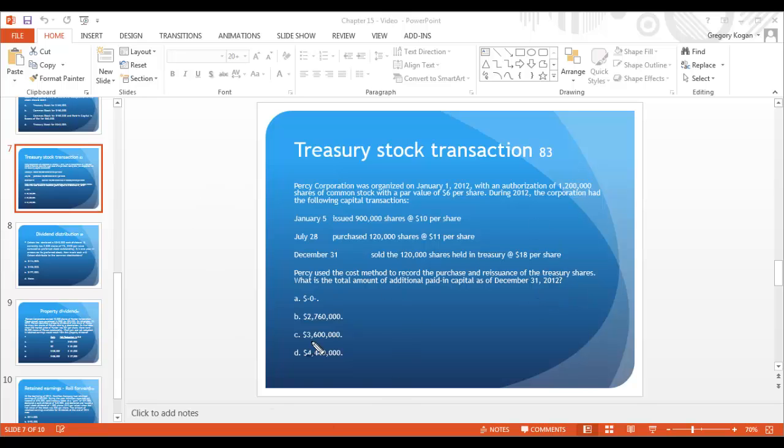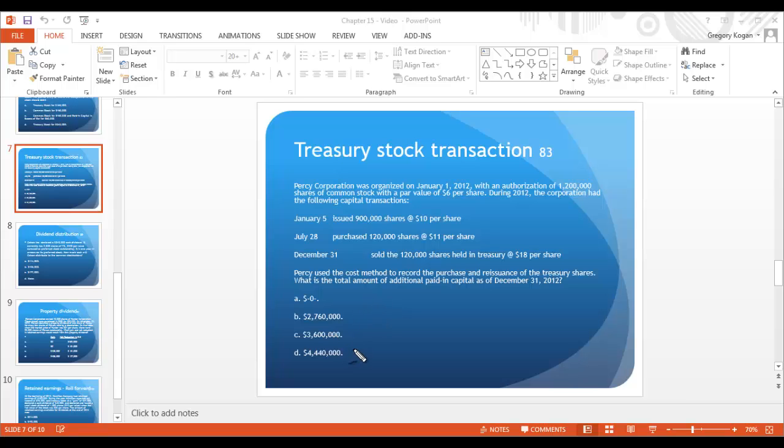So this is a question I'm going over with you here. Percy Corporation was organized on Jan 1. It had 1.2 million shares with a par value of 6. It had the following capital transactions throughout the year. Jan 5th, it issued 900,000 shares at 10 bucks. Then it purchased 120,000 shares at 11 bucks. And December 31, it sold 120,000 shares at 18. The question asks us, given these reissuance of treasury shares, what is the total amount of additional paid-in capital at